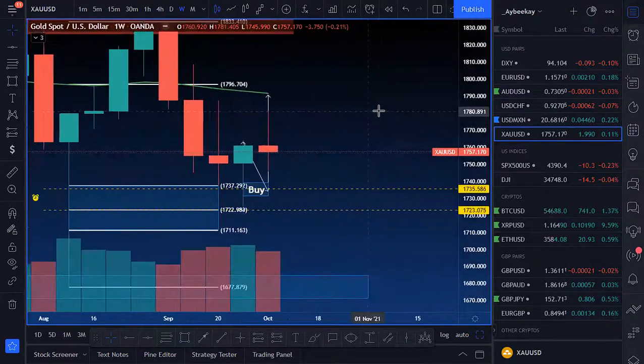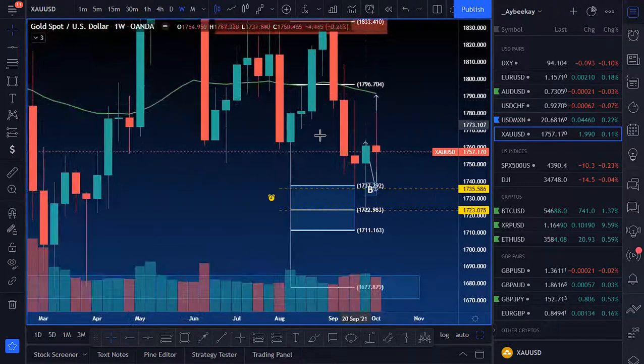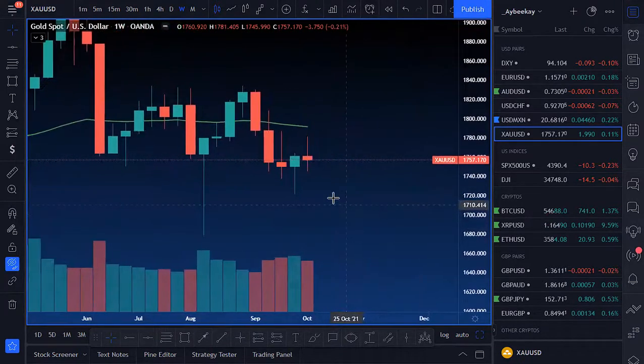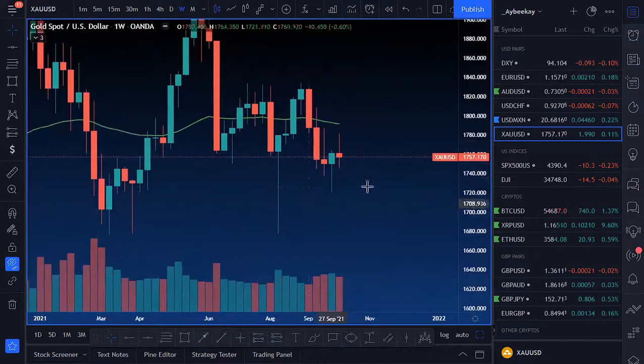This is something very, very interesting to see. So I'm going to go ahead and remove all these drawings. We'll hide them real quick, and let's acknowledge what we have here on gold. We have this candle that looks like it wants to sell more than it wants to buy, although we have a wick to the downside on one weekly candle, and then the next weekly candle we have a wick to the upside. So it can be very confusing.